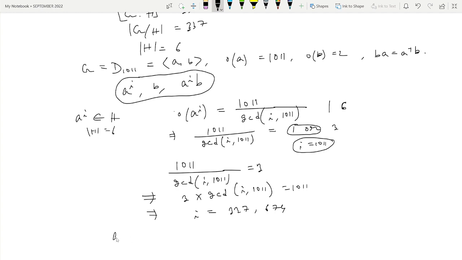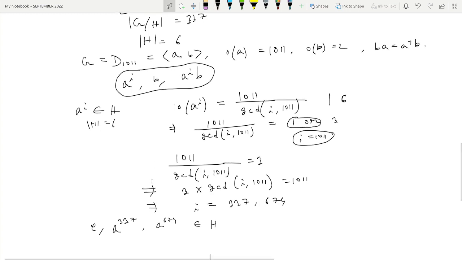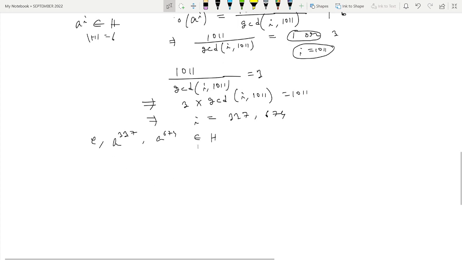So only a to the power 337, a to the power 674, and also E, these three elements can belong to this normal subgroup H. Now we calculate whether this B can be in H, or a to the power I B can be in H or not. So first, suppose that B belongs to H. Then,